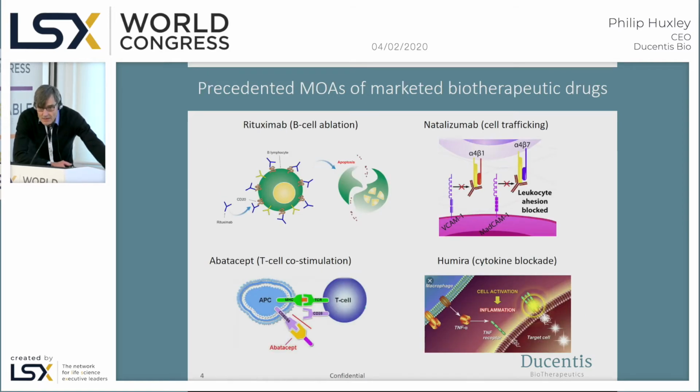This is just a brief slide highlighting what the current mechanism of action is of existing marketed biotherapeutic drugs. One way or another, you can put most existing marketed biotherapeutic drugs into one of the 4 boxes I've indicated here. Either ablation therapies such as rituximab, cell trafficking molecules which inhibit cell trafficking, the T-cell co-stimulation molecules, and then finally the cytokines such as Humira. And what we're doing is something we believe to be very novel compared with these existing therapies. Most of the current therapies act one way or another by blocking a pro-stimulatory signal, and what we're doing is